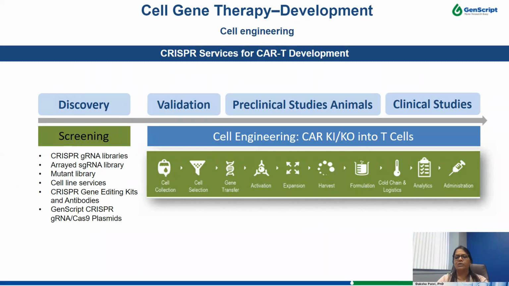So to support the ongoing demand for non-viral systems, GenScript offers a wide range of reagents to support discovery work. And we already discussed all these reagents in the discovery stage